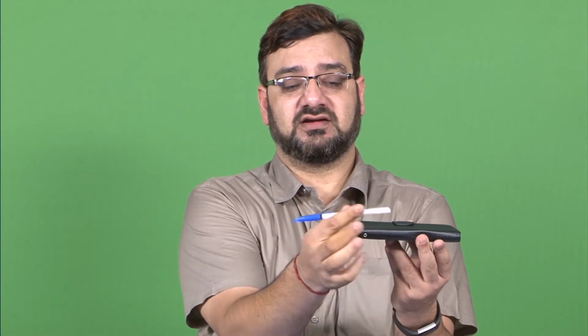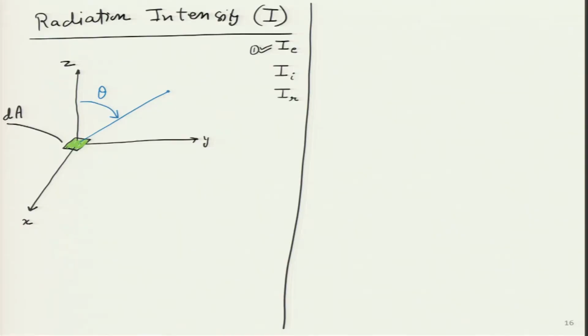Now, if I want to make theta 10 degree or 20 degree, then I have to rotate it in a particular direction over here. If let us say theta becomes 90 degree, then this whole thing will be horizontal over here. If theta is 180 degree, then it goes in the reverse direction. So, that is where theta goes from 0 to pi by 2 to pi over here. So, in this particular case, if we go back to the slide, what we can clearly see is I am taking some general angle theta.